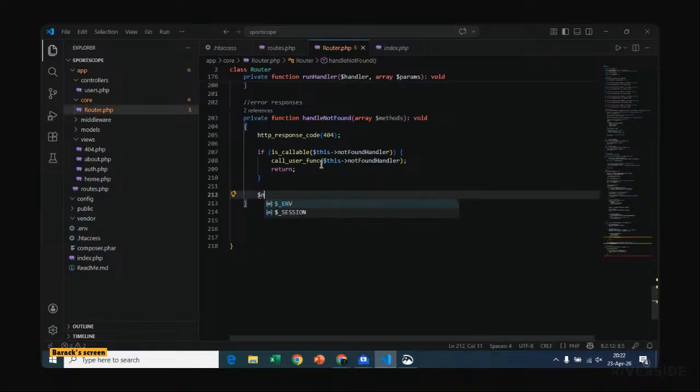So we shall say we have a not found view that is in the views path, which we already defined to be up, then views path, and this should be 404.php.